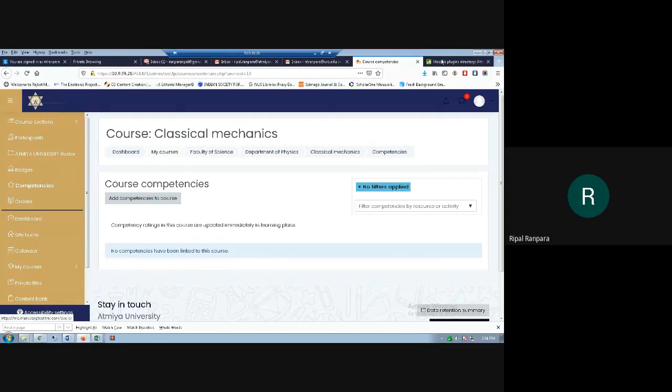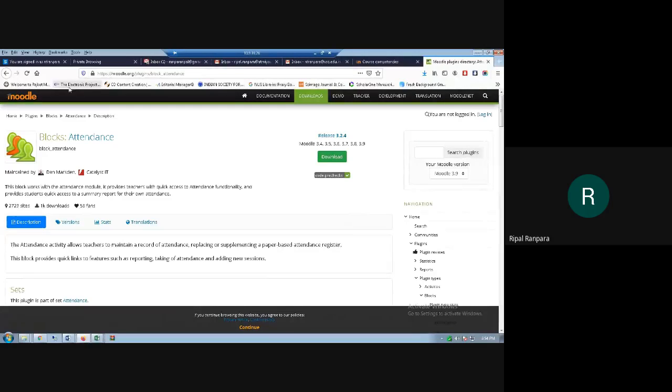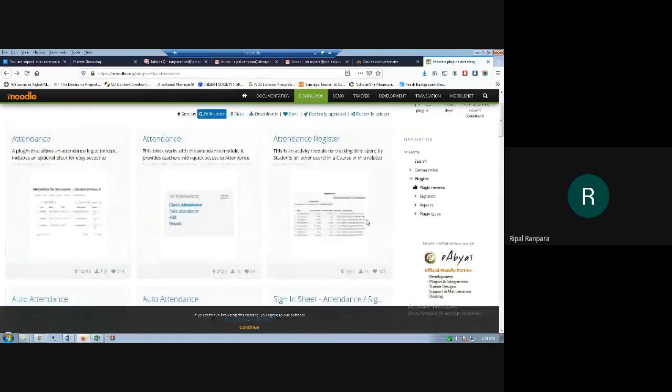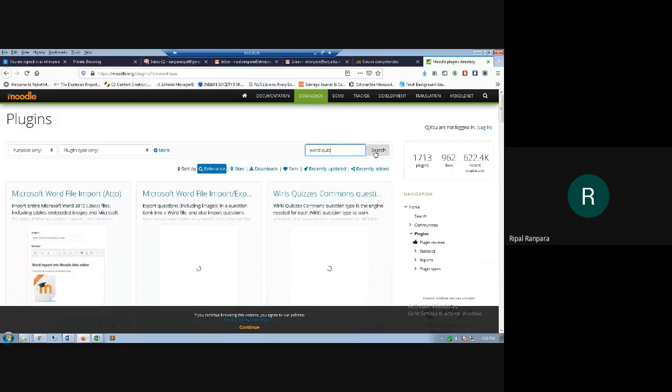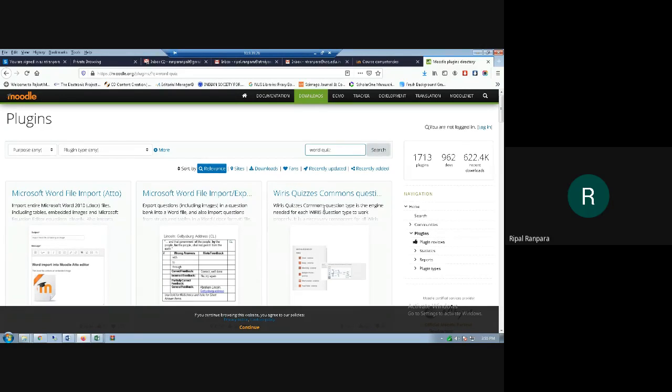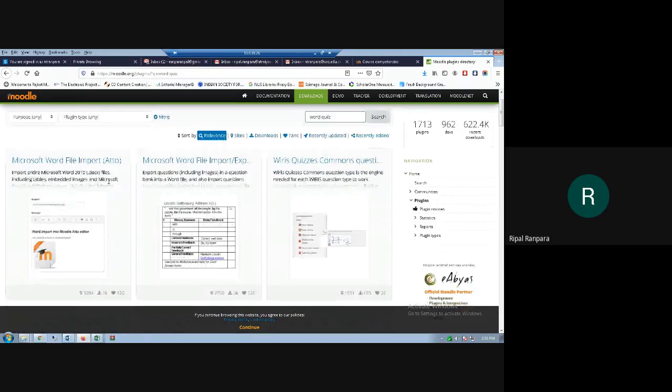As sir said, like Word quiz. Let me search this plugin. As you can see, you can import an entire Microsoft Word file, including tables. You can also import your whole quiz file, a full quiz file in the form of a Word file, and it gets converted automatically into the browser mode.